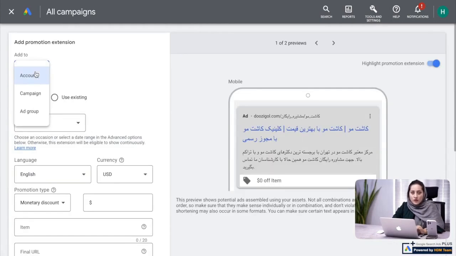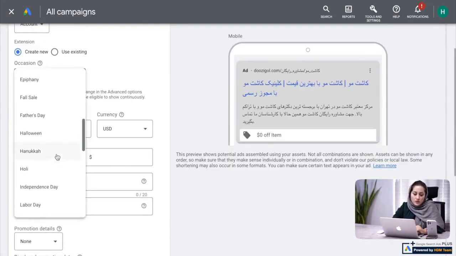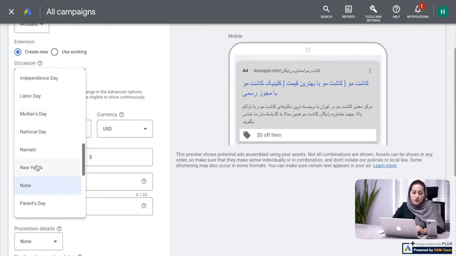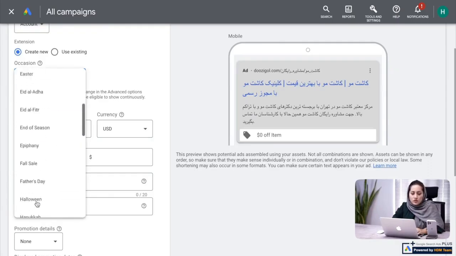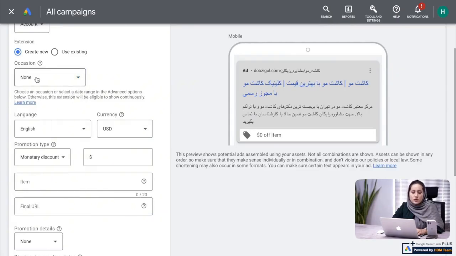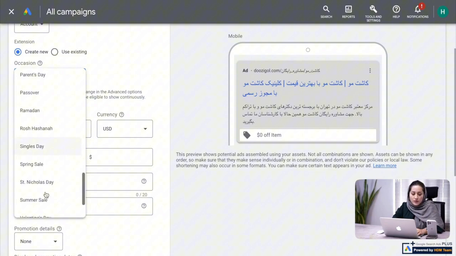Again here, like with the other extensions, we select our desired section. There is a part here where you can choose your occasion. For example, suppose it's Father's Day. Well, Father's Day, for instance, has its own criteria, and it includes Mother's Day, New Year's, and other criteria. If the occasion for which you have set a condition is not among these, you set it to the None option. Now suppose I am running an advertising campaign for